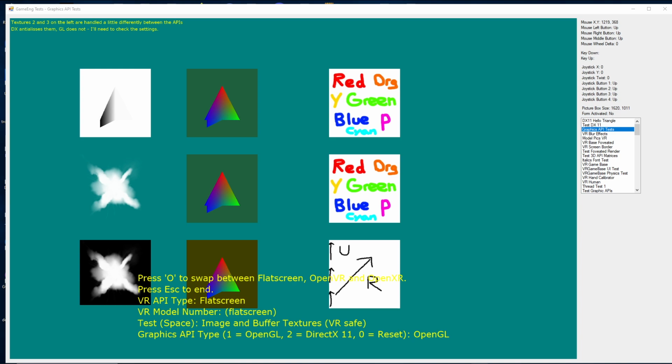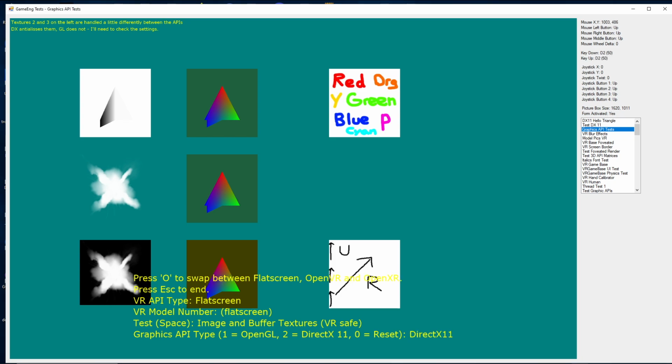I don't have any complex shaders running yet, but here on the screen you can see I have a depth texture rendering. I have two versions of an alpha texture, and these are side buffer textures that I'm copying to the screen, decaling on a polygon. These are RGBA, and this is an RGB, and a few others to test some colors. And right now it's in OpenGL mode, and if I switch to DirectX, this one's missing because this is an object type that I have not yet converted,